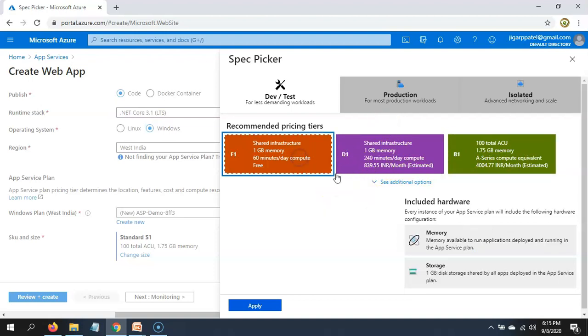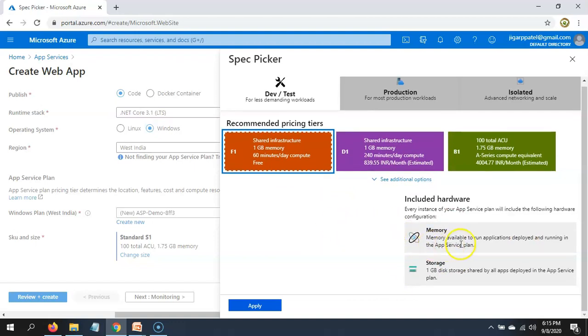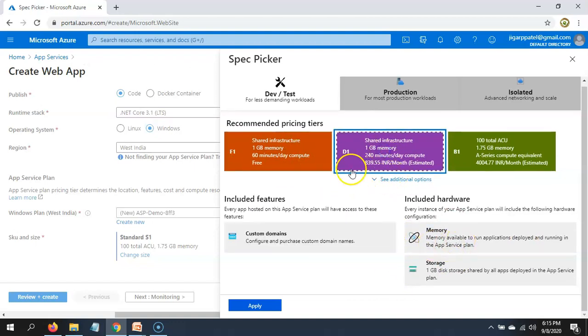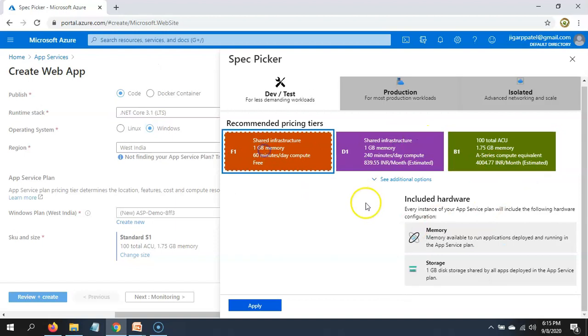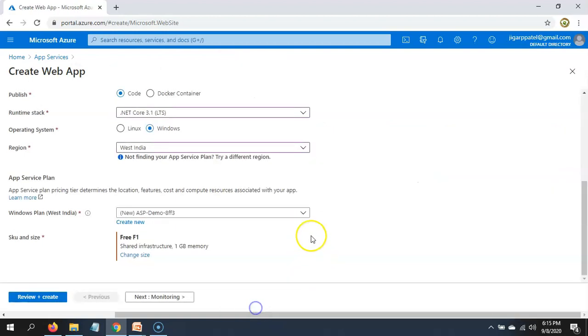So here the basic thing is in a free plan you cannot add custom domain. You need to select D1 plan to add the custom domain here. If you want to add SSL, then you need to buy B1 plan. It is more costly. So let's start with the free one here.